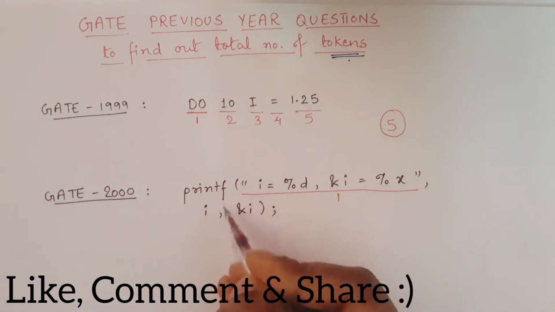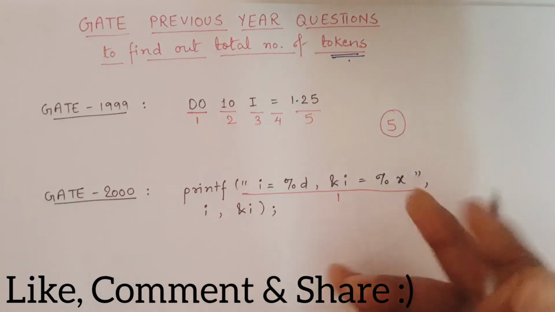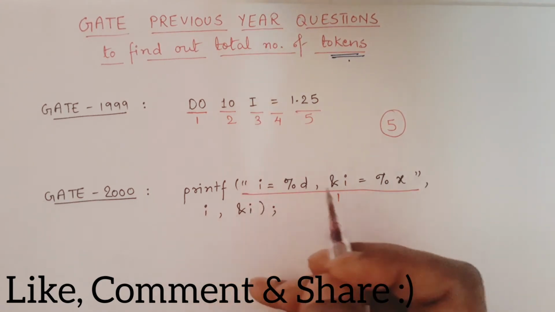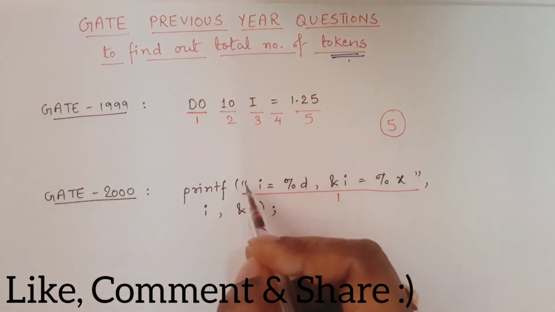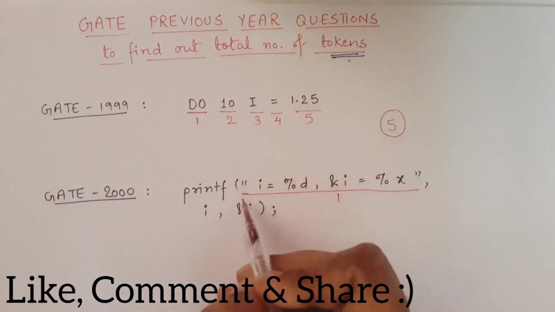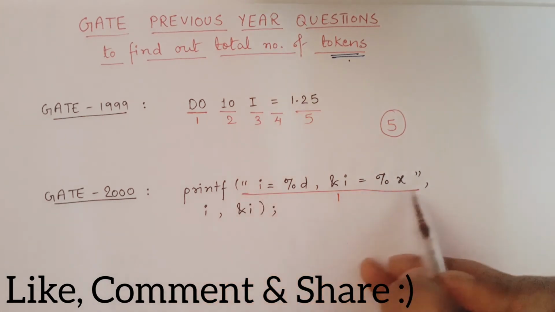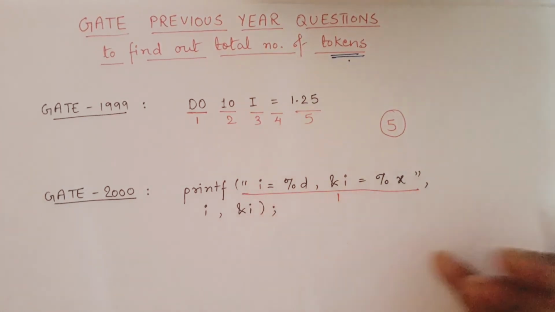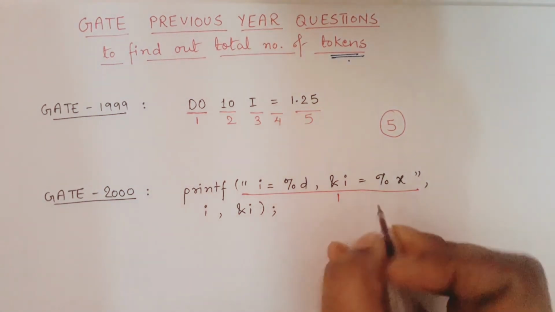Fine. That in printf, from inverted comma to inverted comma, that's why I'm repeating. These are actually inverted commas, or you can say double quotes, whatever you call them. So from this inverted comma to the closing inverted comma, this whole thing is considered as one token. Now, for example, we will do that later.